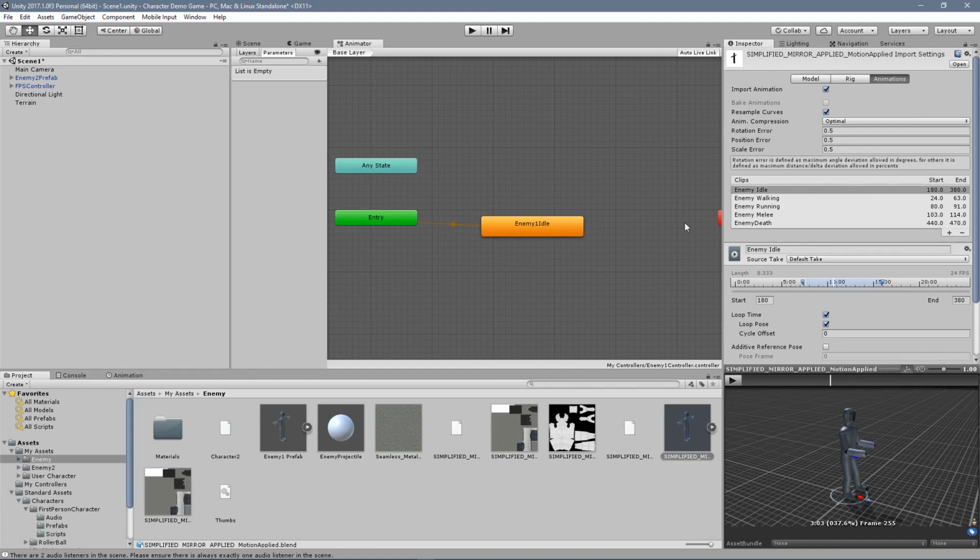So that's the end of that for this demo. What we're going to do next, once we've got the characters all set up in the controllers, is go over how we take the characters and add rigid bodies and all that sort of thing to them, and start talking about how we work with our code. So hopefully that'll be an exciting next